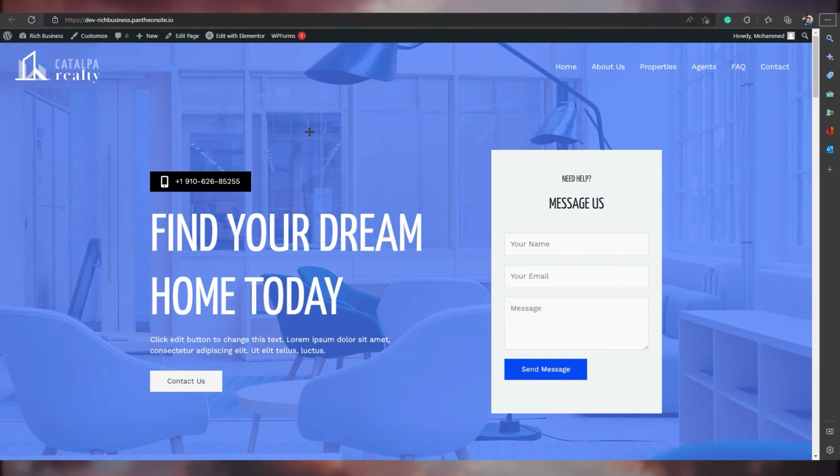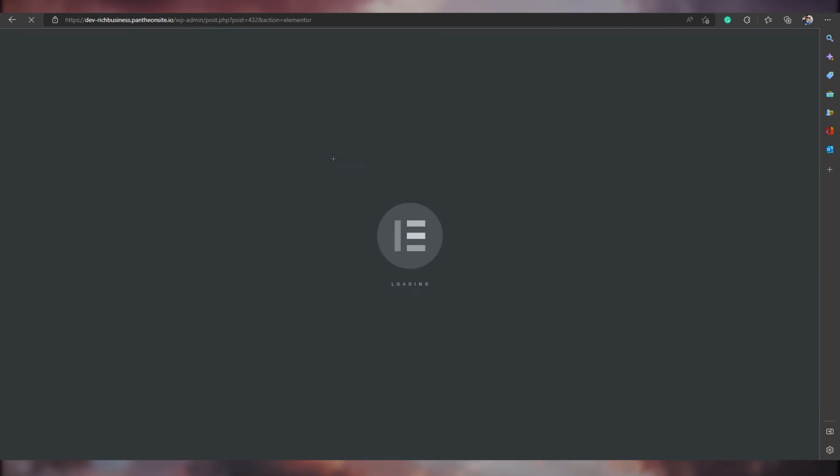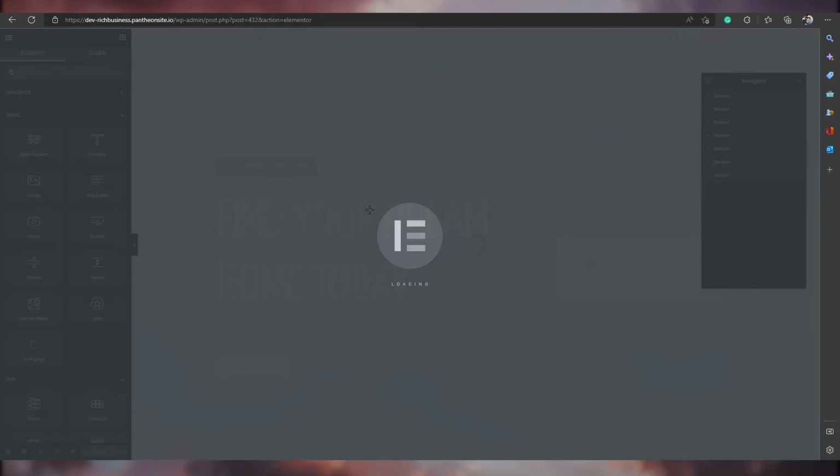So right now we need to edit, just suppose we need to edit, right? So we got our templates and we have chosen our colors and the fonts and every single thing, but we need to edit more things and we need to do some settings, right? So just click on edit Elementor over here. So we have edit Elementor, if you remember that. Just click on edit with Elementor and it will take us right over there where we are going to edit